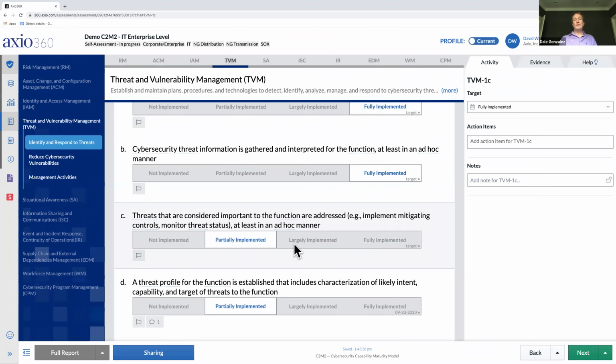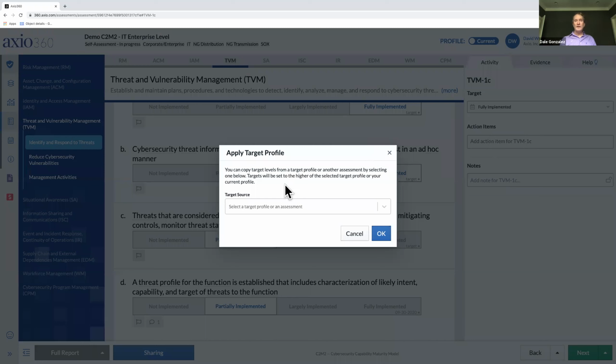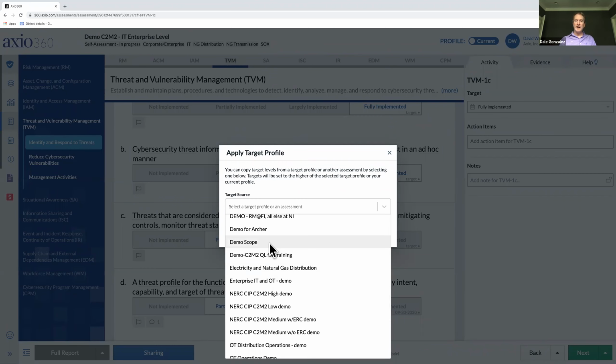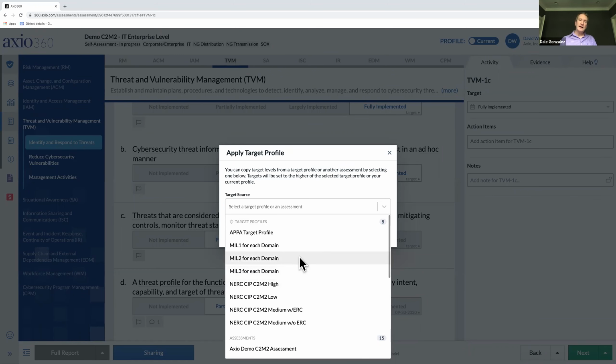Now, this is useful, but it may be difficult if you're setting them individually to drive consistency across the multiple assessments if you have more than one inside your organization. So for that use case, we've provided something called applying a target profile. A target profile is a collection of targets that all get applied to the assessment together in one go. And that can either come from another assessment that you're using. So if you look down at the bottom, you see these are assessments, and any assessment in your organization can have its targets copied into any other assessment, or from these target profiles that we've constructed for the purposes of